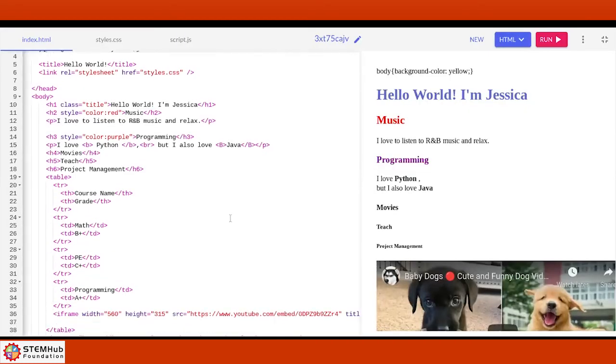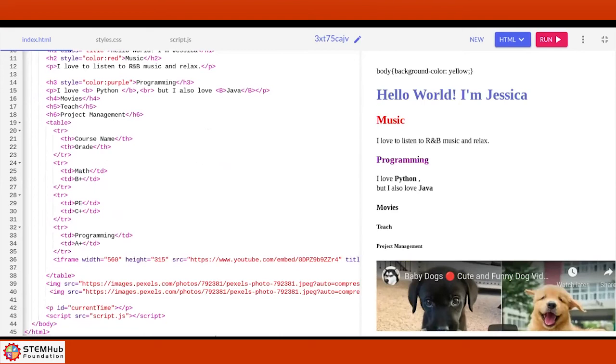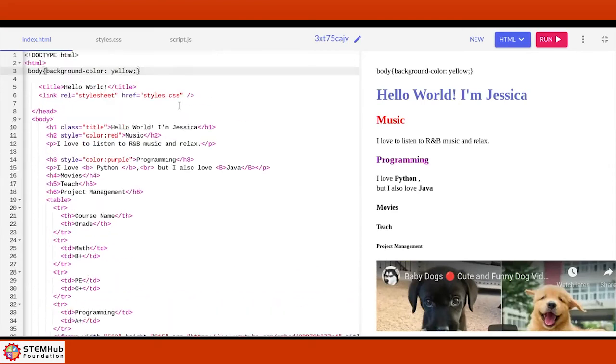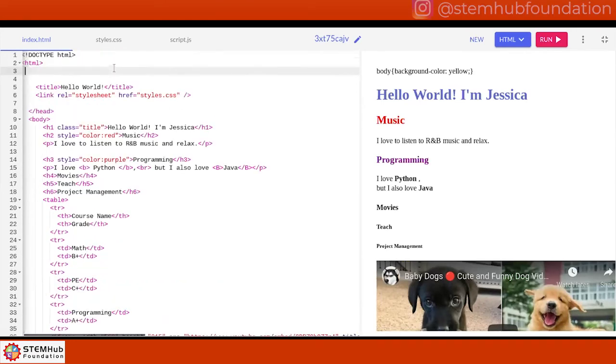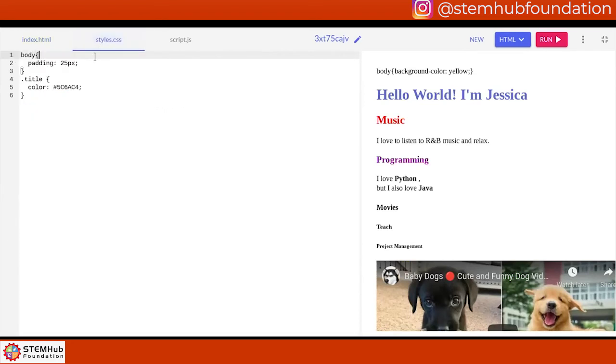Can you share your screen? So let me see your style CSS. So you put it there. It's supposed to be in your style CSS. Remove that line. Now go to style CSS at the top. Everybody pay attention. You don't do it in index HTML, you do it in style CSS. This is where you do it.